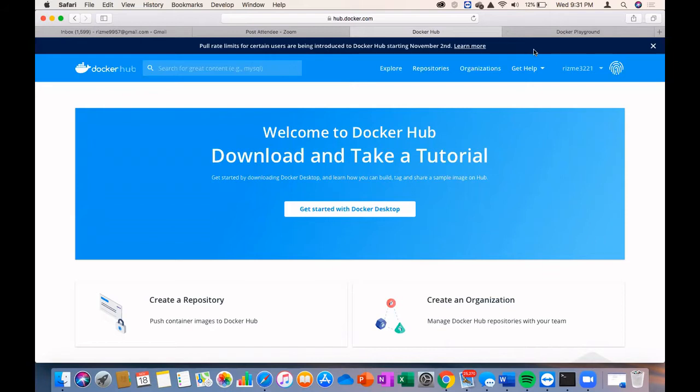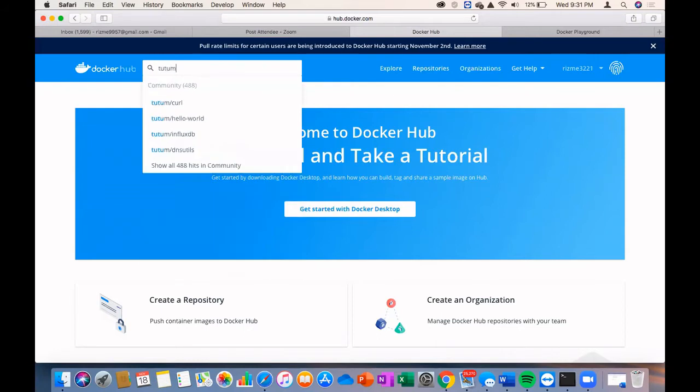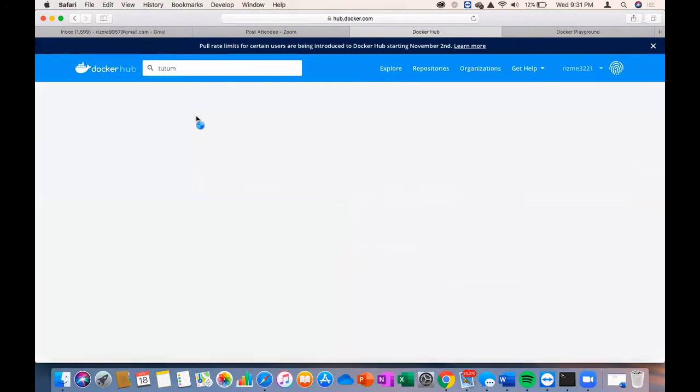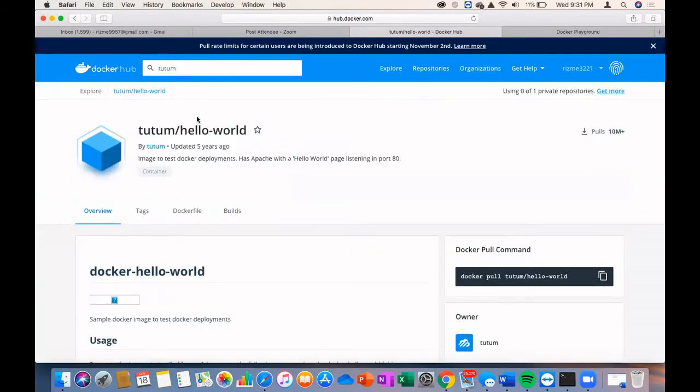It's one of the users. Now you see there is something called Hello World. Click that one. This is a sample image with a web server and a very small piece of code.